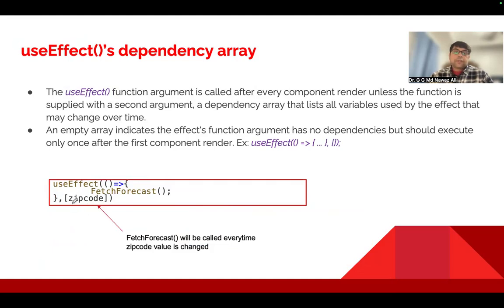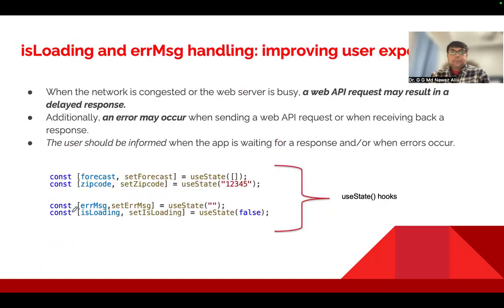So this is the dependency array, and you can give multiple variables if you have multiple dependencies. For example, for this web API, we just change the zip code. If you give a different zip code, then useEffect will call fetchForecast again, and you get the new data. Okay,